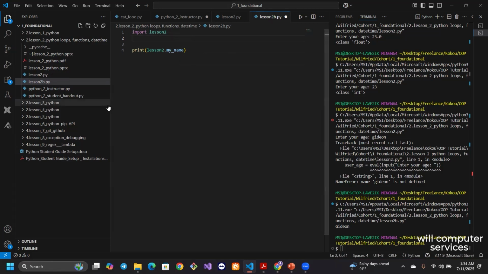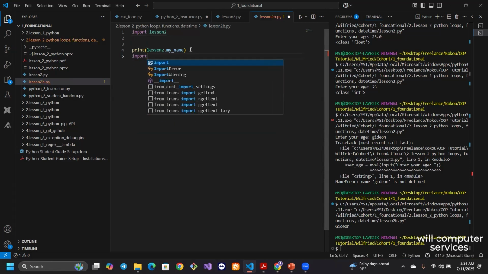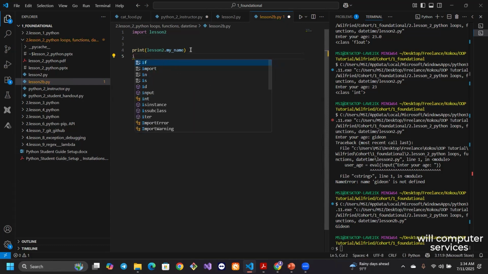If I show you some of the programs I've written in the past, or even if you go online and check anybody's code base, you always see that the first thing in most of those programs is import, import, import. It's just best practice. If I need another module and import it later, it's still going to work. But as a tradition in the Python community, and in programming in general,